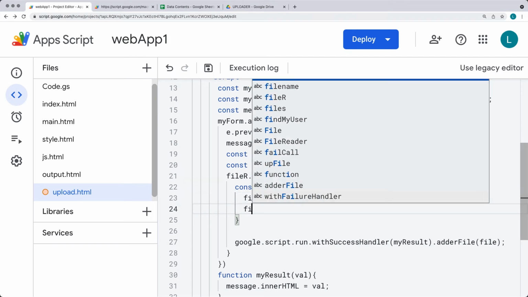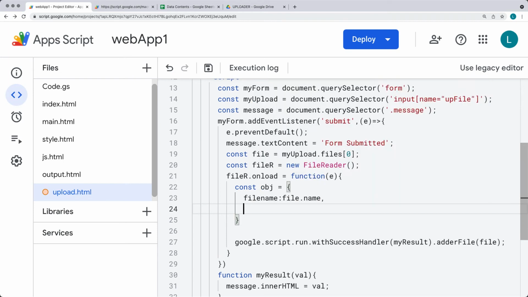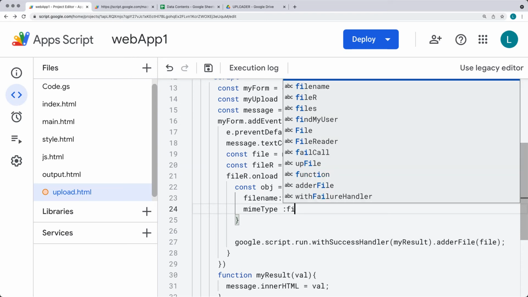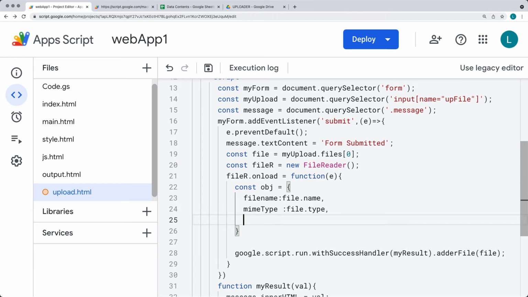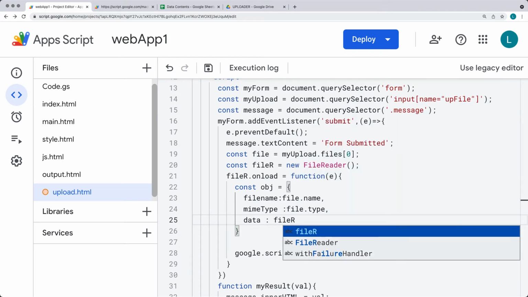We'll also have the file or the MIME type. So set that as the MIME type. And from the file itself, we can get the type content, and then the actual file data. And then this is coming from the file reader